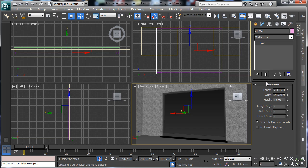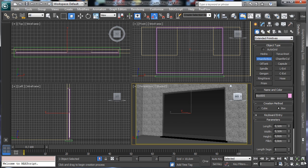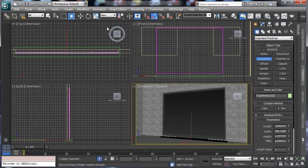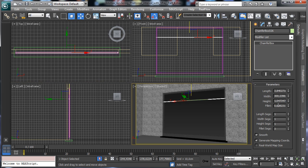And then I like to have some more metal parts over the window, just to have some spaces, something related to the window. So we can do something over an axis and then over the other axis. So let's go for extended primitives, chamfer box. Let's go on this point of view, and let's say something like that. Okay, and then we can fix it. So let's move the first one there, and we say that the fillet is 0.2, the height is maybe 2.5 centimeters,